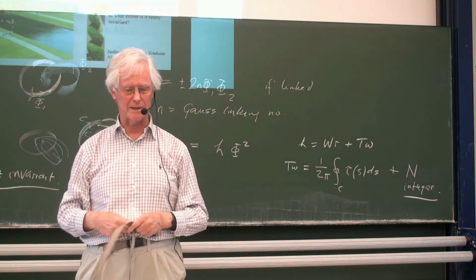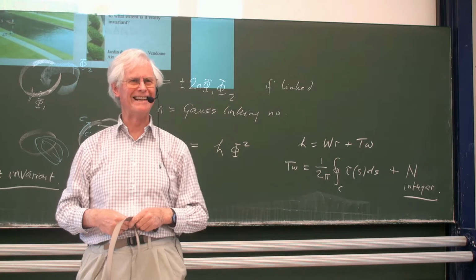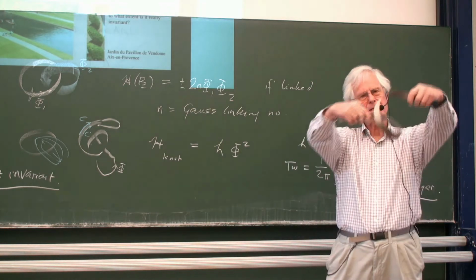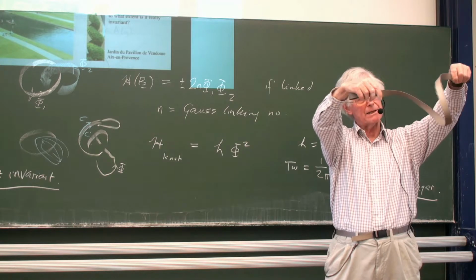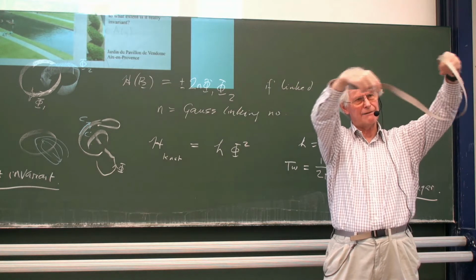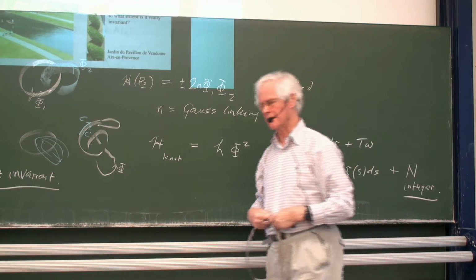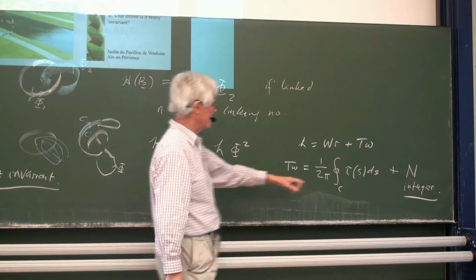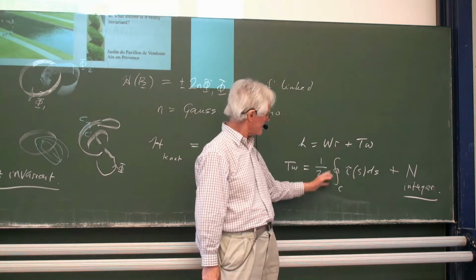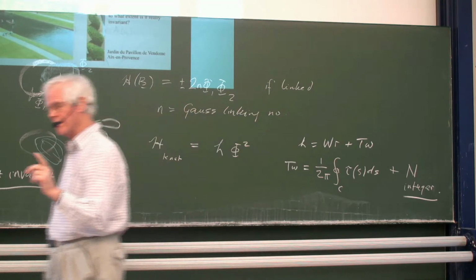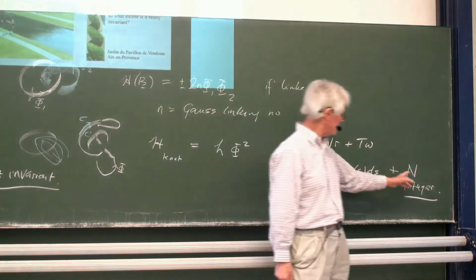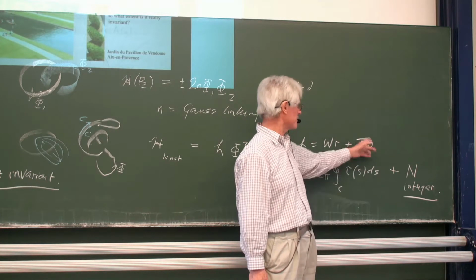Renzo and I did analyze it and explained it all in 1990 something in a paper in the Proceedings of the Royal Society. It happens, this deformation, at a certain point, the curve, the centerline curve or either boundary, has to pass through an inflection point. That's an inflection point where the curvature is 0. And when the curvature is 0, the torsion is infinite. But it's infinite in such a way that it's an integrable infinity. But the integral of the torsion jumps at that stage by an integer as you go through the inflection point. And there's a compensating jump in this integer here that just keeps the twist